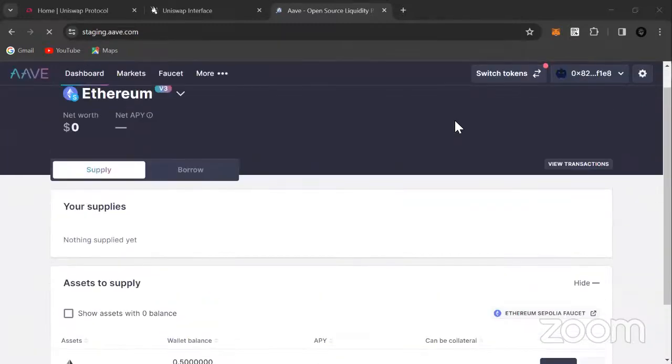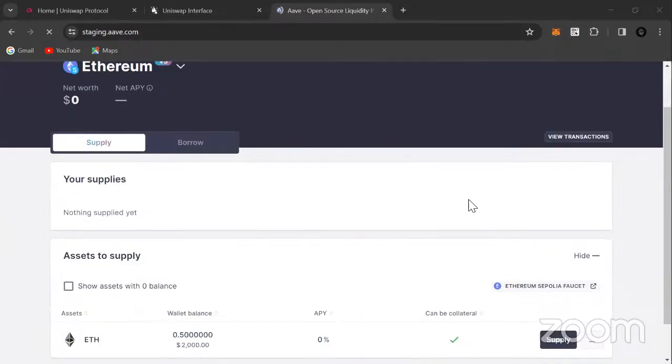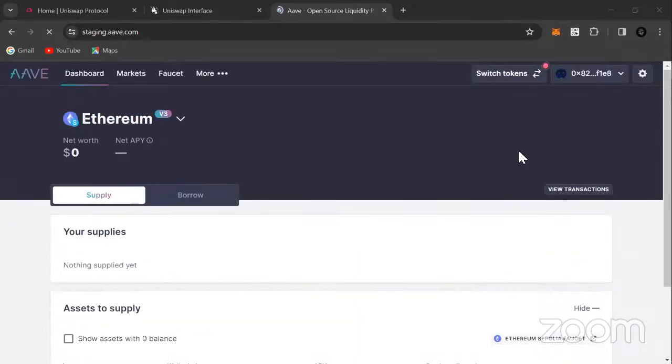Okay, so basically this is the Aave protocol on the staging, of course. So remember with the Aave protocol, let's just go to the dashboard. What happens is you can actually supply liquidity, like you can make money from it, or you can borrow from it. So actually, before we continue, first we need to get some test tokens from Aave.